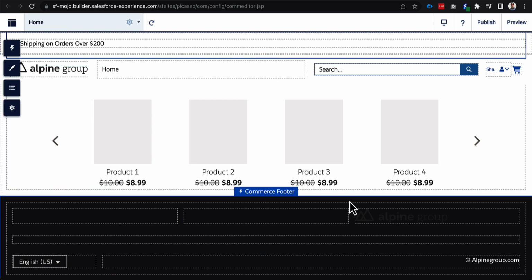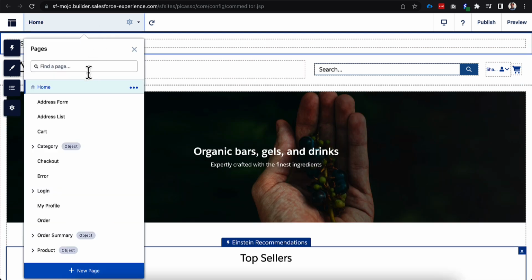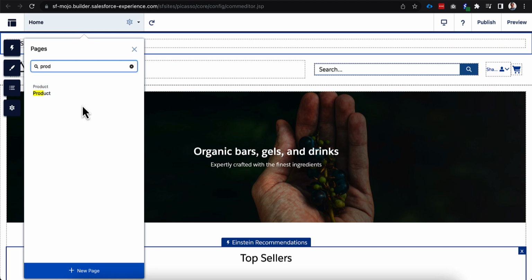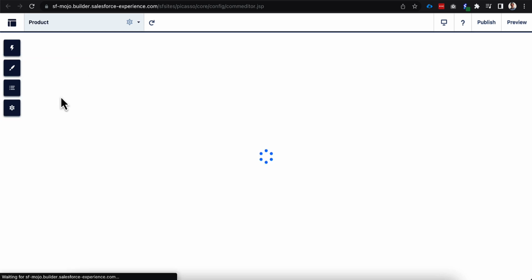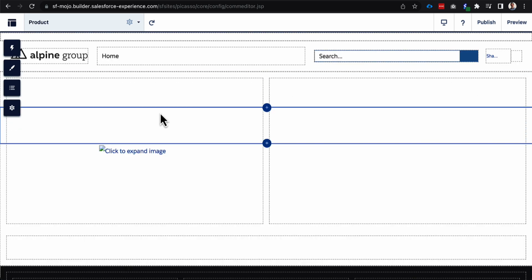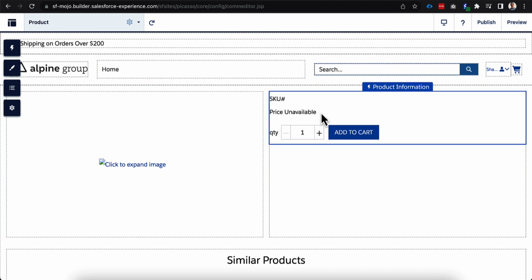However, I will say that some of this functionality that we don't see in the Aura one up to this point is in the new B2B LWR one, which we haven't done a deep dive on yet. But let's go over into the product page. Another thing you'll notice is that you don't have the same structure of pages as you do in an Aura-based community. So there isn't a product list page and a main product page and then a product detail page underneath it. It's just product. So as we go into products here, you'll be able to see there's a couple of